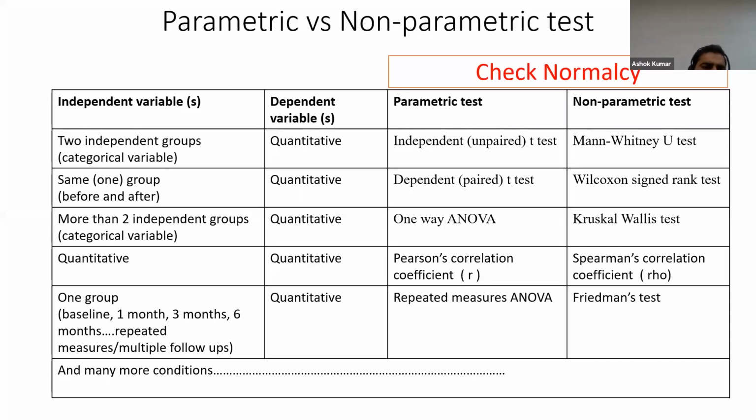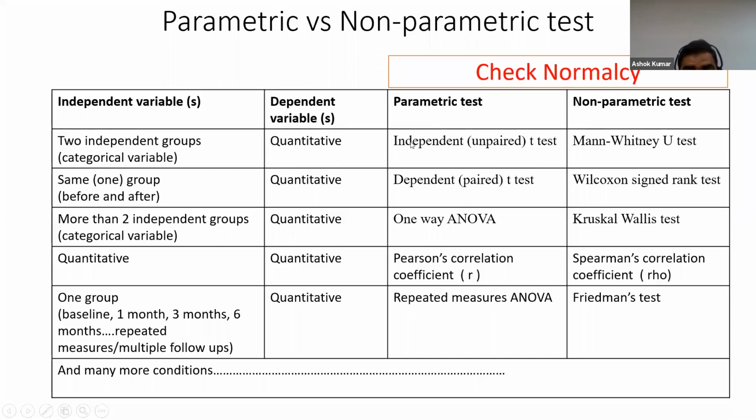When we talk about independent or dependent variables in parametric or non-parametric tests, suppose the independent variable is two independent groups, only two, not more than two, or categorical variables, and our dependent variable is quantitative. For example, weight. Two independent groups: one group has diet modification and the second group has no diet modification. We want to compare the effect of diet modification on weight. So we have to use the independent or unpaired t-test